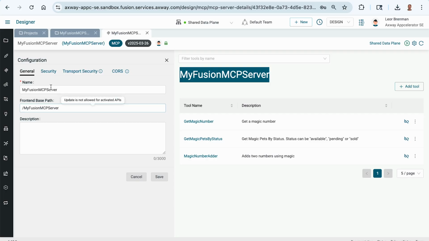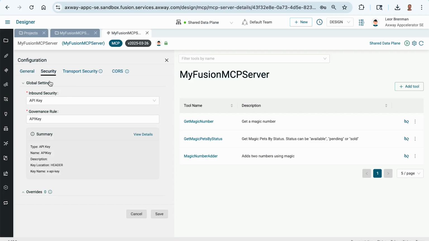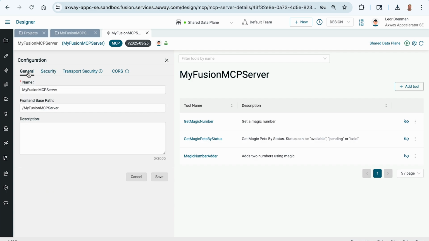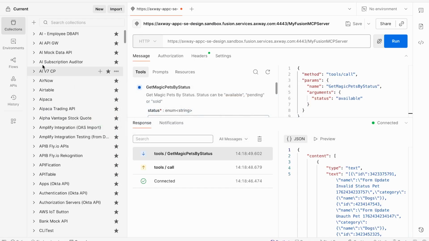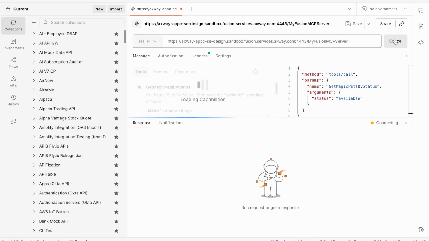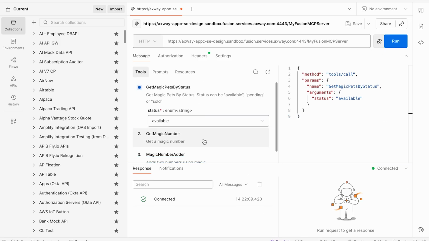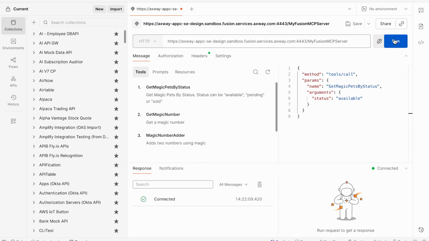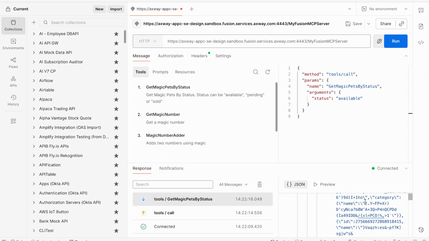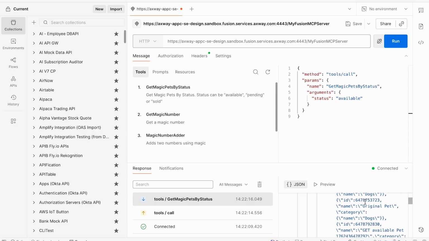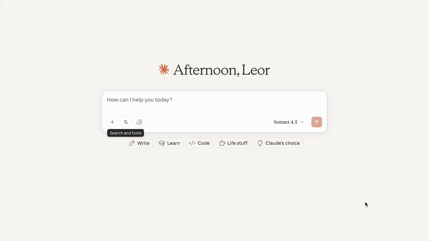It's called my Fusion MCP server. Recall it has API key authentication, and we were testing it up until now in Postman, and we can connect to it. We can see the tools that are available, and we can call the tools and get a response. But now to make this more interesting, we'd actually like to call this from an LLM, and not all LLMs can connect to remote MCP servers, but Claude Desktop is one of them. And in this video, we'll take a look at how to configure Claude Desktop to connect to my MCP server